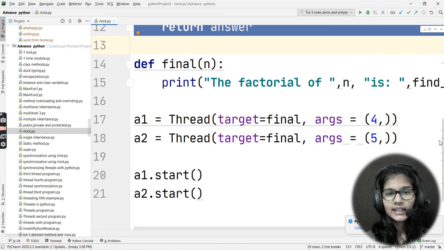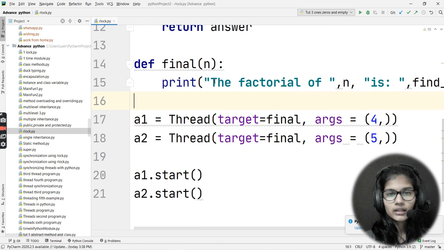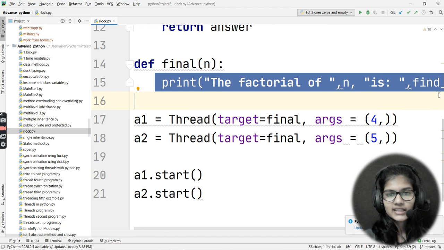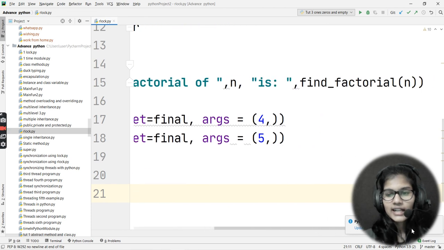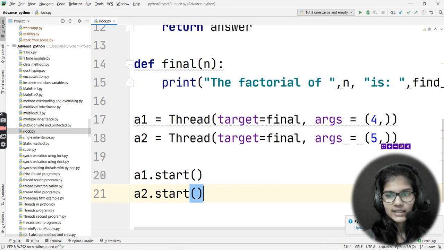After this, I wanted an output in the correct statement, so I wrote def final. This final is one of the functions which I made, and into the brackets I passed the same argument as above. I used my print statement: the factorial of n is, and here I call my function find_factorial and pass the parameter n.